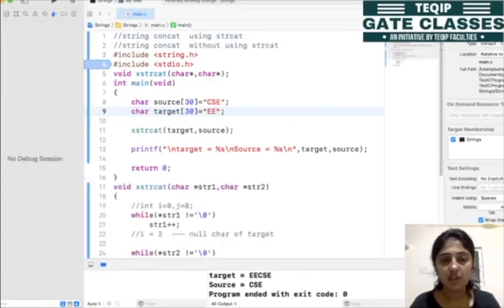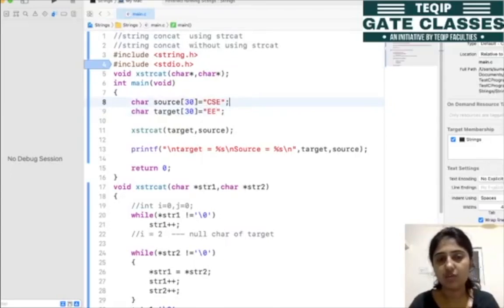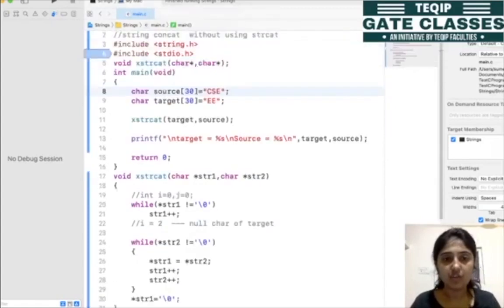So you can do various modifications in this program. If you want, you can ask the user for the source value by using the gets and puts functions, and then do this operation. So I hope this program is clear.